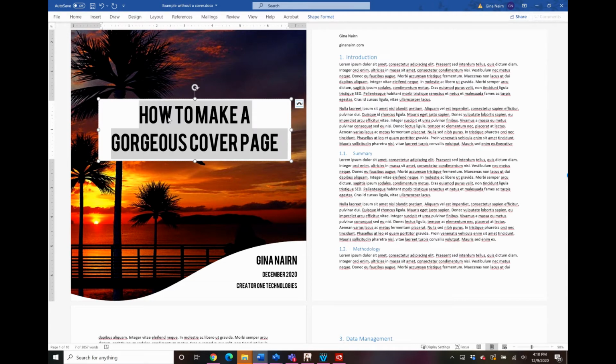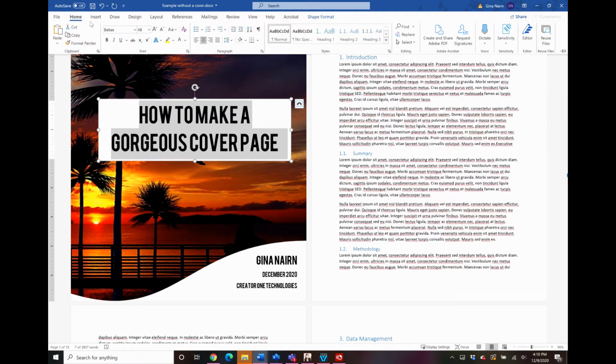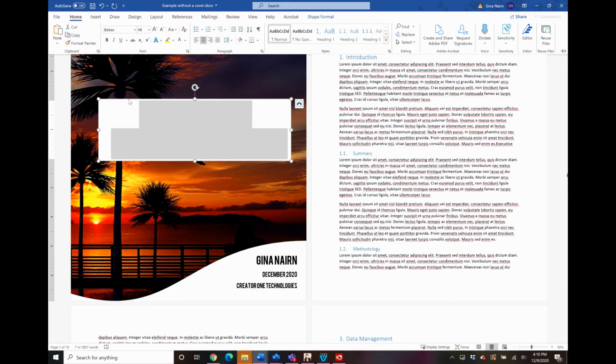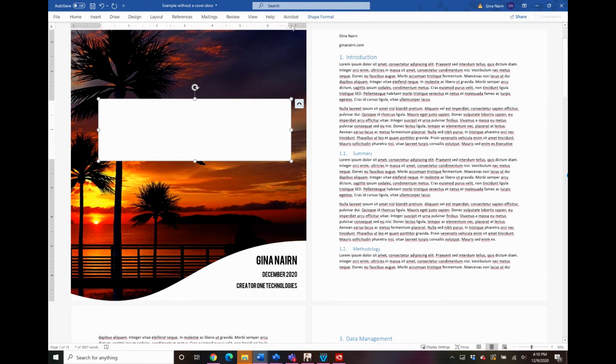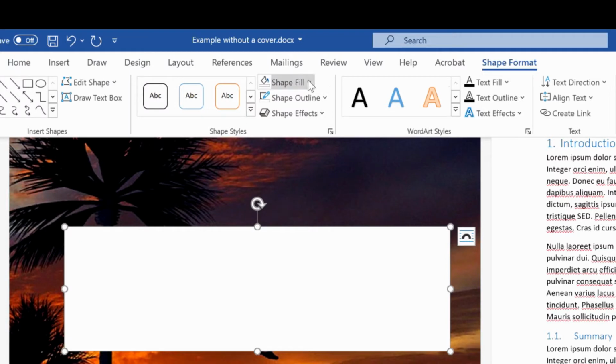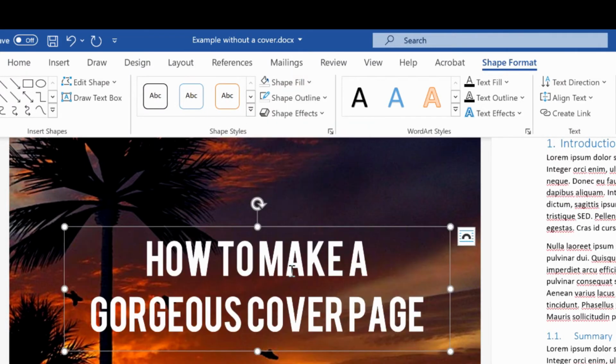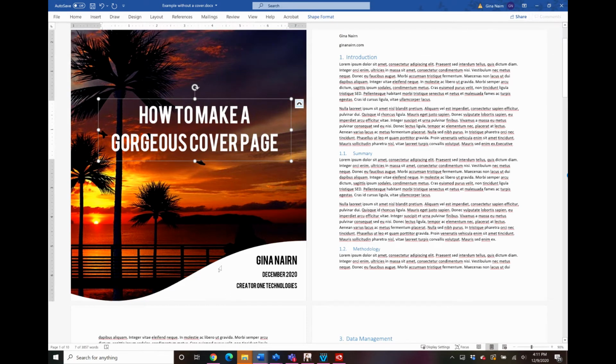How about if we highlight this text? So I just hit Control A, go to the Home tab, and let's make it white letters. Then let's click on the shape, go to Shape Format, and say Shape Fill, No Fill. And since I have a relatively dark background graphic, this white really pops. So now let's see if we can do a little bit more to make this just a little bit more custom.